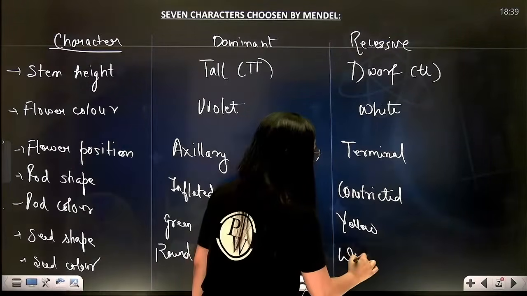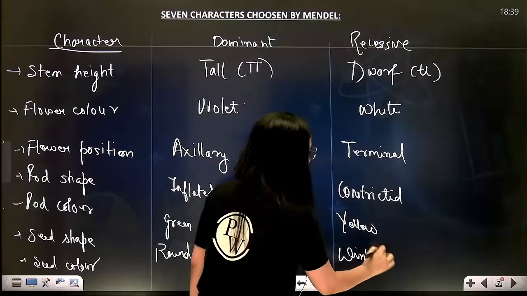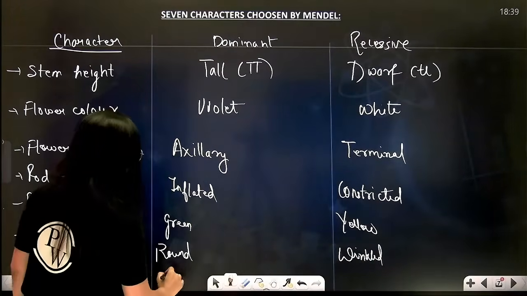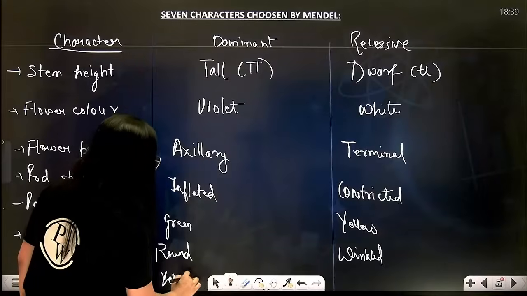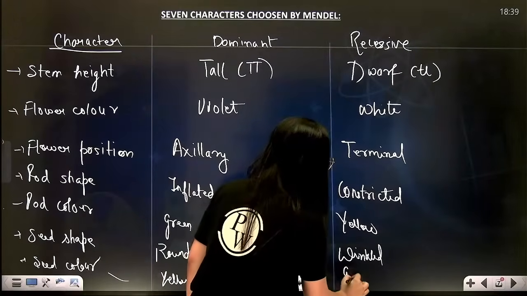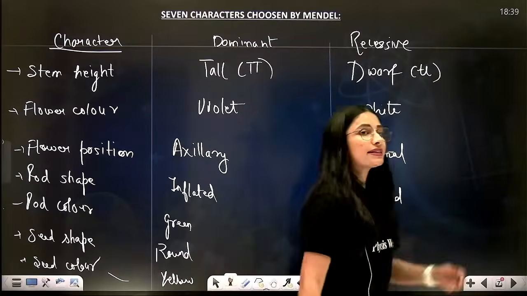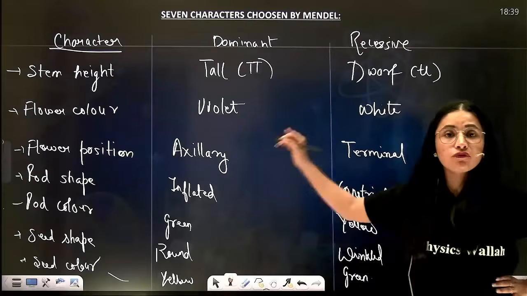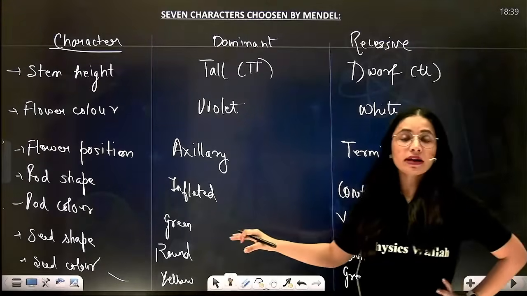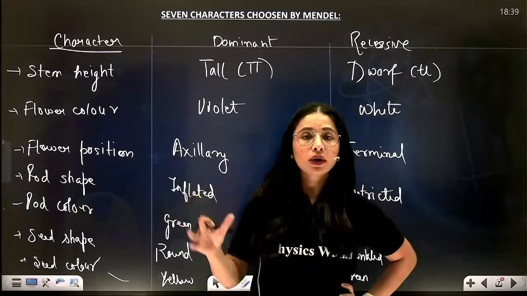Recessive, wrinkled. Correct? Then seed color, yellow, dominant. Green, recessive. So these were the 7 characters and 14 pure lines chosen by Mendel to start his work of